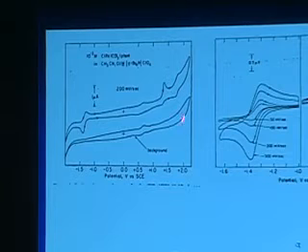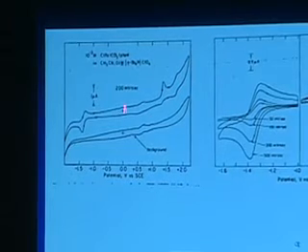And likewise, you'll notice out here, just past where this wave is, that is important, there is something happening. And similarly down here, it turns out if you have a little bit of water in your acetonitrile, there are both oxidation and reduction events that can occur, especially oxidation. Messy organic chemistry that you have to look out for. So again, just to stress, that baseline is really a critical thing to do. Okay, so once you have the baseline, and so now we know which peaks are rhenium-based peaks, chlororhenium tricarbonyl-based peaks,